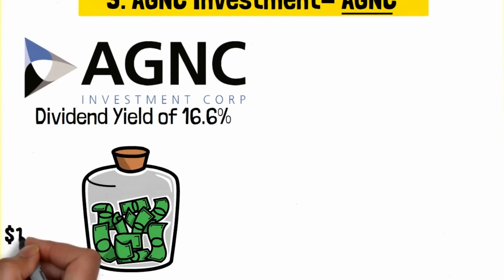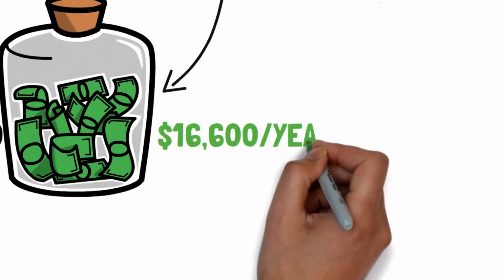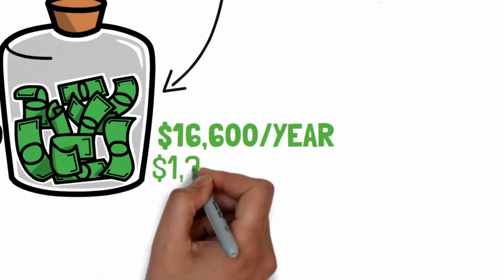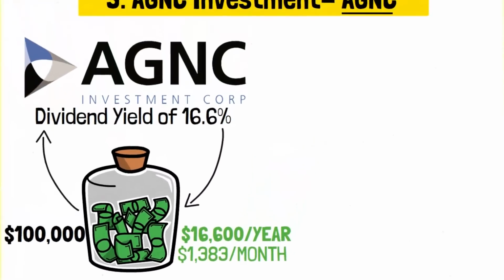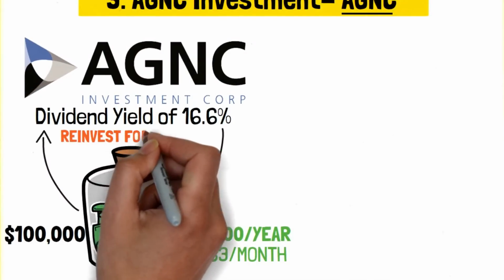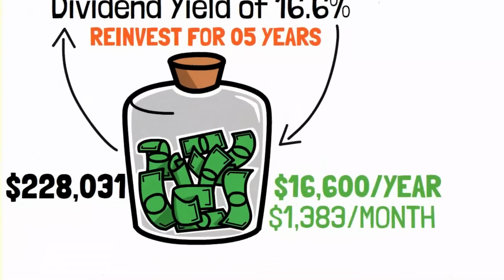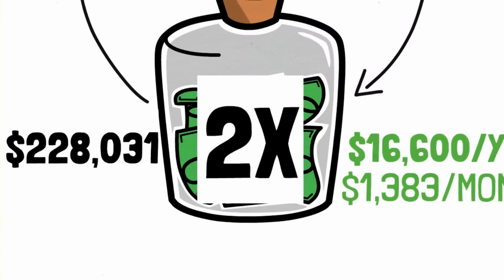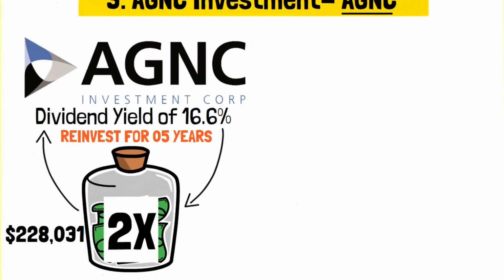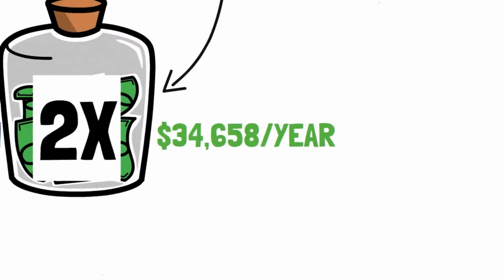That means that with $100,000, John can earn $16,600 annually, or around $1,383 per month. But here's where it gets even more interesting. If John keeps his investment and reinvests for the next 5 years, his initial investment will be worth $228,031. That's more than double what he put in. And on top of that, he'd be earning a yearly dividend of $34,658, which means he'd be getting around